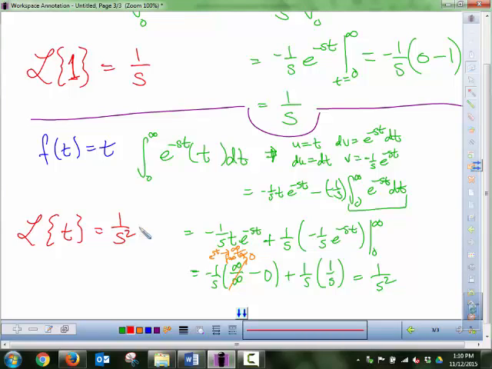Did we do this integral correctly? Yeah, we did it correctly. All right? We could do this for t squared and t to the third and stuff like that. Should we do it for one of those? I guess if we do it for like t to the fourth or something like that, I get to show